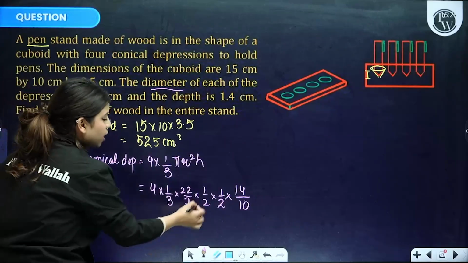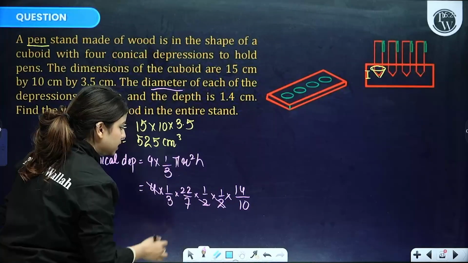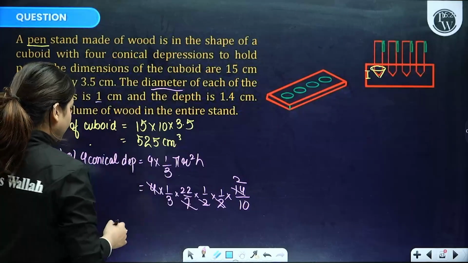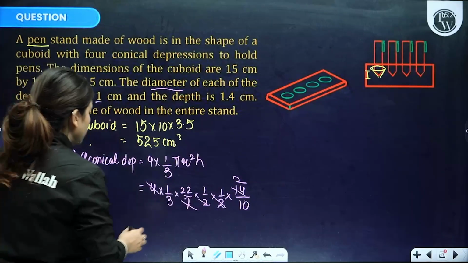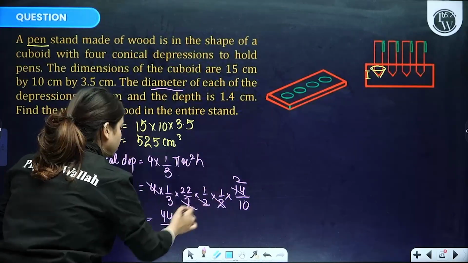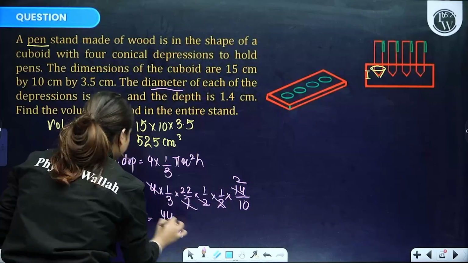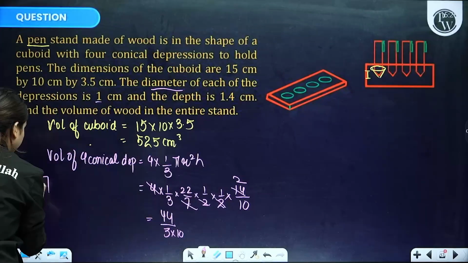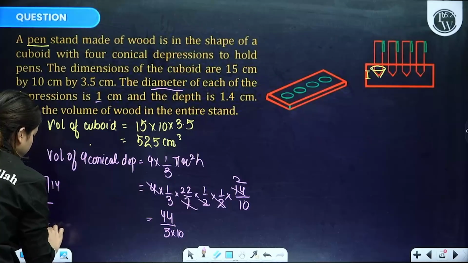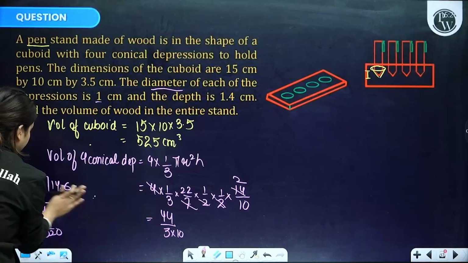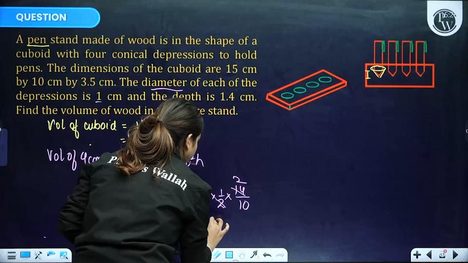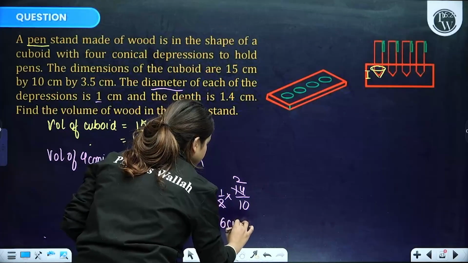Correct? So let's solve it up. 2 and 2, 4 cancel. Right, 7 2s are 14. Okay. So we are left with nothing, I guess. So in the numerator we have 2 into 22, that is 44, and in the denominator we have 3 into 10. So just 44 divided by 3, people, that will give you 3 ones are 3, 14, 3 fours are 12, minus, 0, 2, 23, 6 are 18. It will give you approximately 14.6 divided by 10 will give you 1.46 centimeter cube.